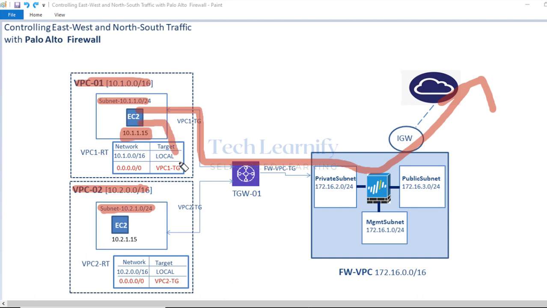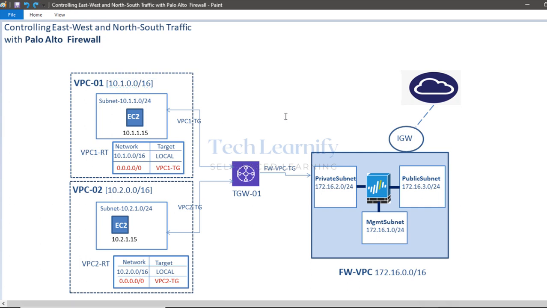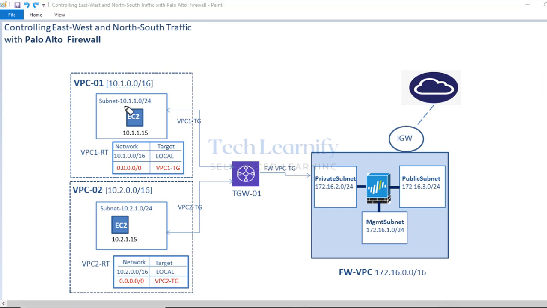Even this EC2 machine, if it wants to communicate with EC2 of another VPC, then the path would be like this. First things first, I'm going to create two VPCs and note down the address CIDR blocks, 10.1.0 and 10.2.0, and the subnet addresses 10.1.1.0 and 10.2.1.0. And for testing purposes, we will spin up one EC2 in the VPC1 subnet and another in the VPC2